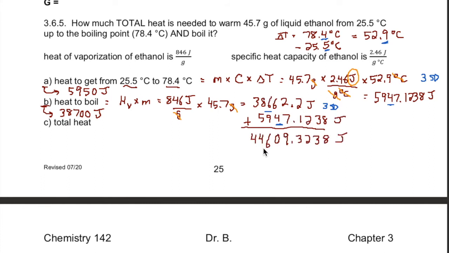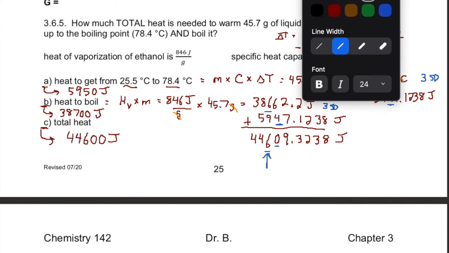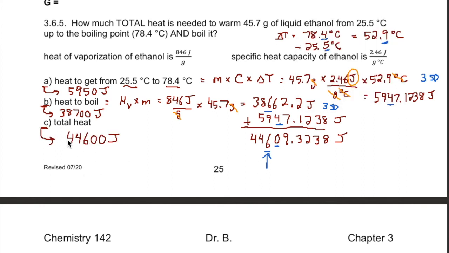When we add these, we get 44,609.3238 joules. We have uncertainty in both the tens place and the hundreds place, so we are going to round this to the hundreds place. And the total heat for both of those steps together is 44,600 joules, with uncertainty in the hundreds place, plus